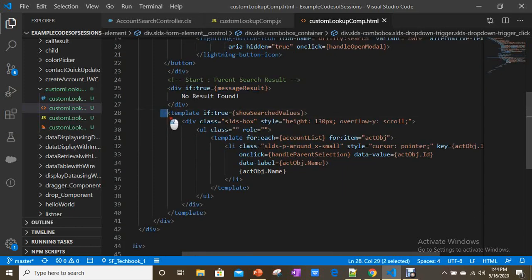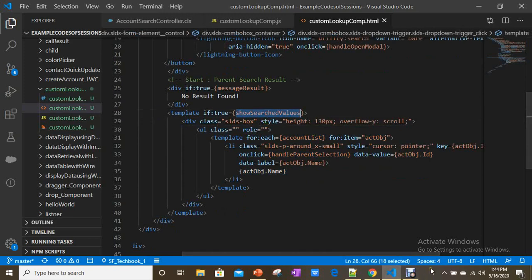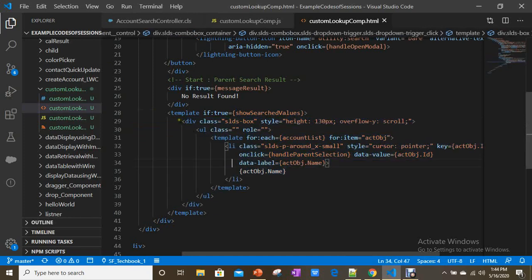And now if you see here, if there is a result, I am showing the searched values. If there is a result, based on this property, I am making it true. So based on this property, we are displaying a div class here, the same one. So here in the same div and all,